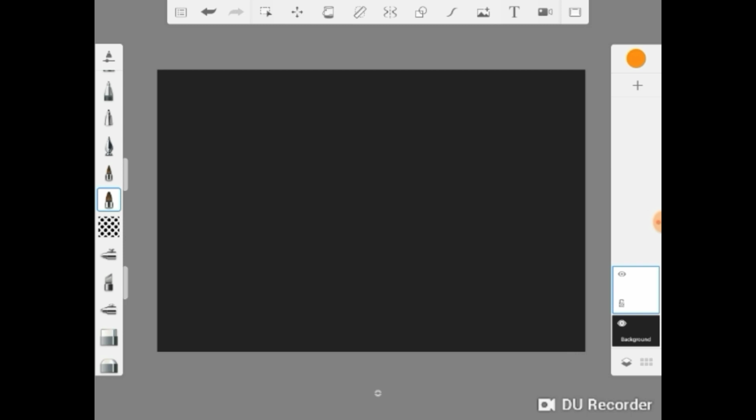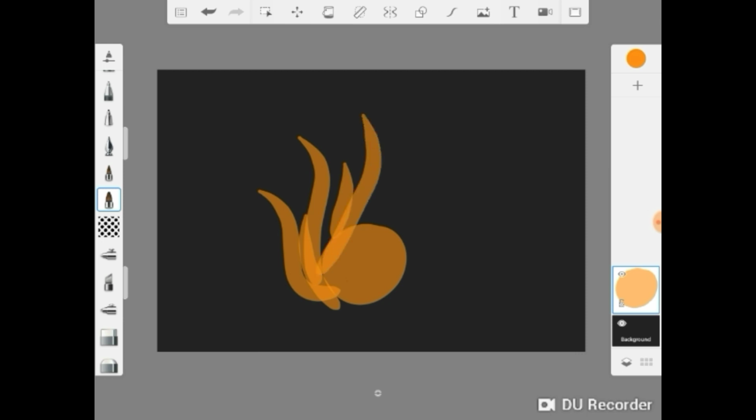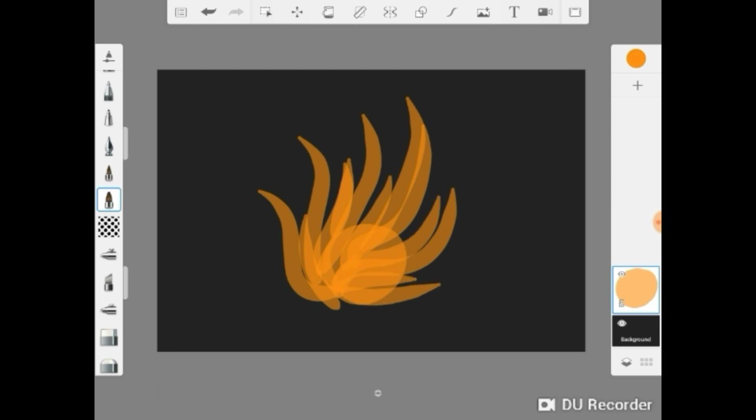So we're going to start with a circle. That's not exactly the size I'm looking for, so we're going to take that out, increase the size, and try again. And here we go, we've got our nice circle. This is going to be the core of the fire. We're going to start there, and then we're going to start making our flame lines. Just have fun with it. Just figure it out. Once you have the flame lines the way you're looking for,